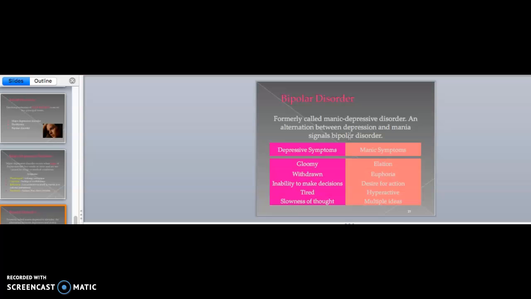For each person, the phases are different. A person could spend 6 months in depression, 2 weeks in mania, and go back to depression. They could spend a month in depression, a month in mania, and keep going back and forth. It's very individual how long each of these phases lasts. Most bipolar individuals like the manic side. They get a lot done. They feel alive. They feel invigorated. But it can lead to some serious consequences because they may do and say things that they would never do.